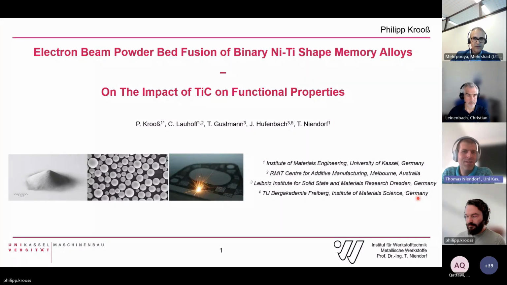So now it will be the second talk of today's session. We will move to another system, well-known binary nickel titanium, but in this case, not the laser. It will be the electron beam that has been used for production of the parts. Speaker is Philipp Krooß from my group. He is the group leader for shape memory alloys and additive manufacturing, so a perfect combination, and will give some insights on recent results we obtained. You see some other names, but he will introduce the collaboration we have here at that point.